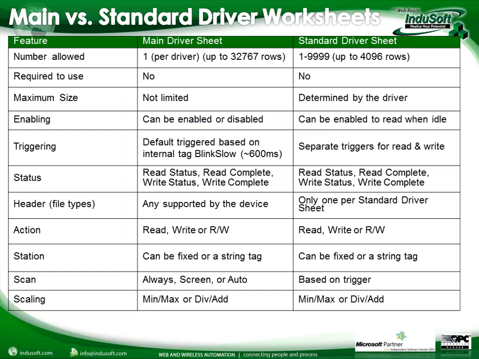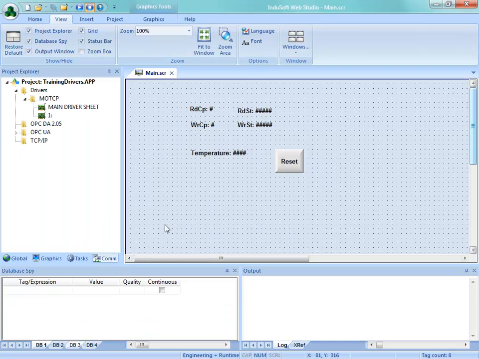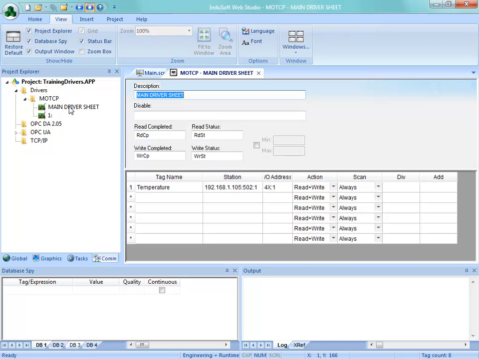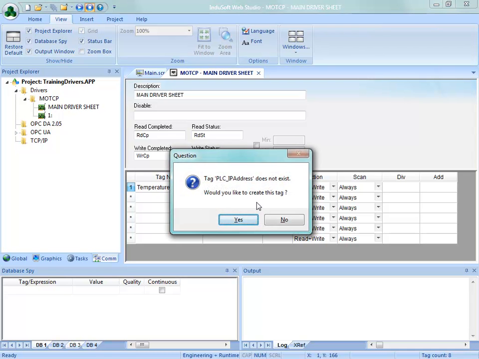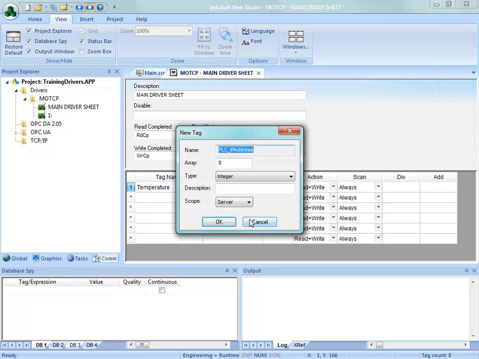Let's flip back here to the Indusoft Web Studio development environment. And what I wanted to point out is here on either the main driver sheet or the standard driver sheet, where you have the station for the IP address for the PLC that you're communicating with, you can in fact use a string tag in here. So by implementing curly brackets, I could put PLC underscore IP address and close curly brackets, and that tag does not exist. So I can say yes